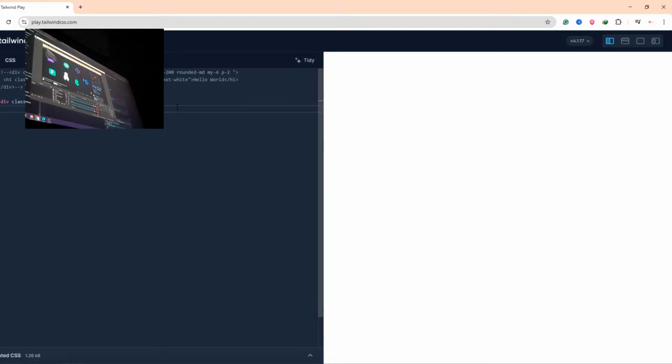But what if you want to have a column-based layout where the elements are not one next to another, but rather one on top of the other? Well, you can do that very easily by assigning it a flex-col property. And immediately you'll see